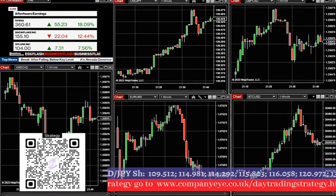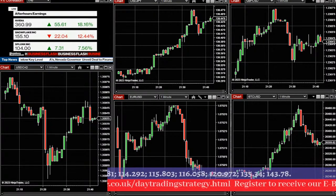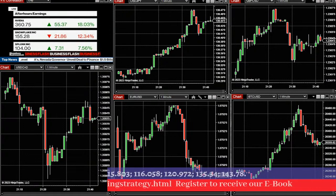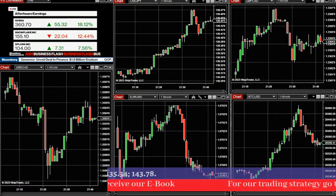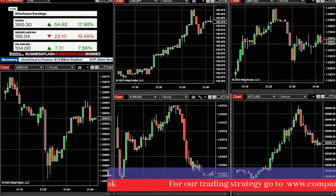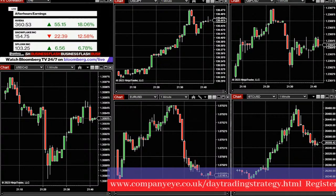18.2%. But heading in the other direction, Snowflake delivered a sales outlook for the current quarter that fell short of expectations. The stock is down 12.3%. The quarter suggests that many companies are trimming their spending for cloud software amid uncertain economic conditions. So again, after hours, we've got Snowflake down by 12.6%. NVIDIA bears repeating, up now by